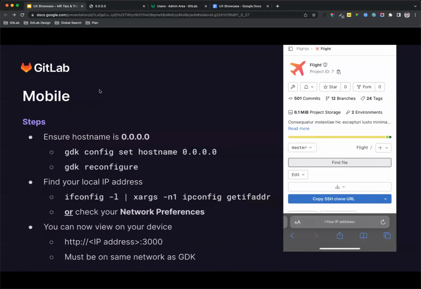And then the next thing I wanted to discuss was mobile testing on an actual device. I found different instances where I've wanted to view the GDK on my actual mobile device. When I initially went to set this up, I was having issues where I couldn't get it to work. After troubleshooting with one of the developers, I found that I needed to update my host